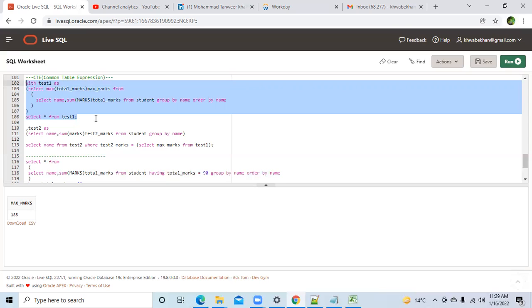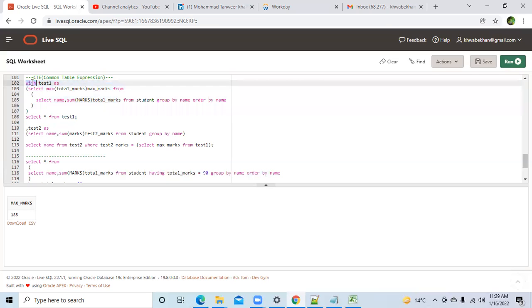I will tell you why I have done all those things, but is this clear or not? Very simple. Whenever we want to make anything a bucket, we will use WITH and then AS together. This is a syntax. You have to use WITH and then this bucket name.